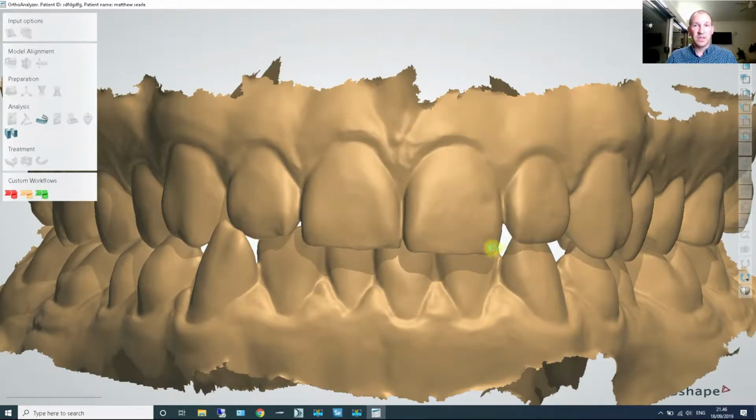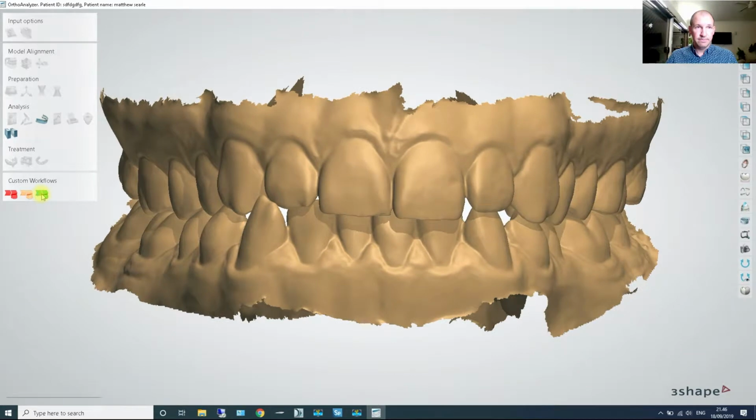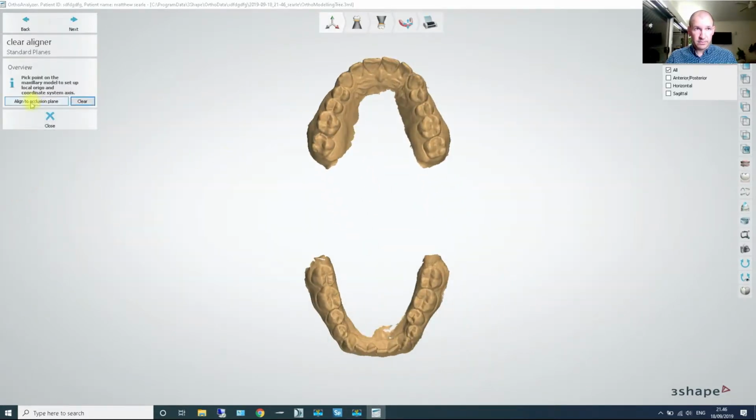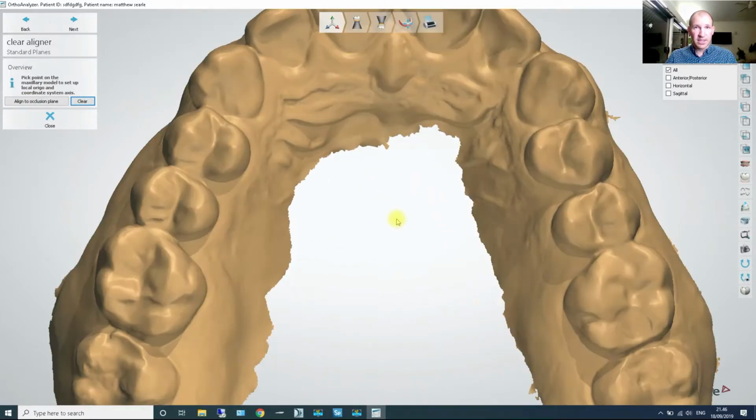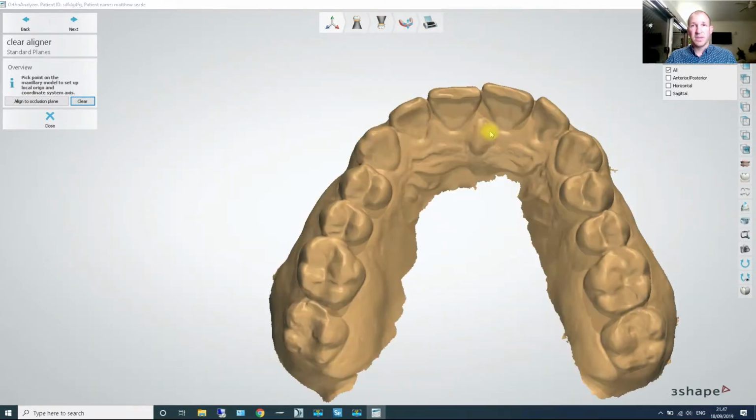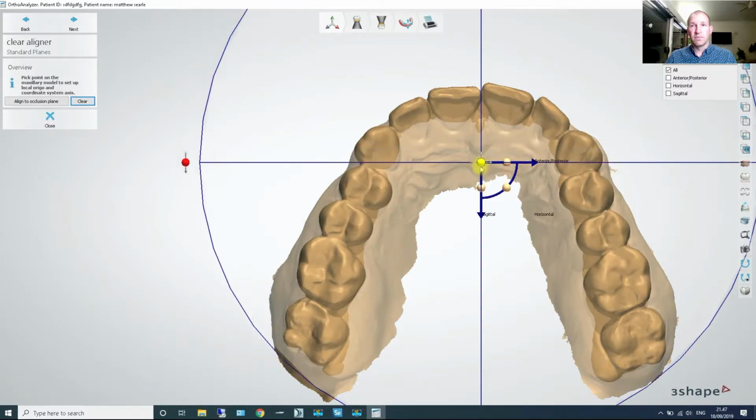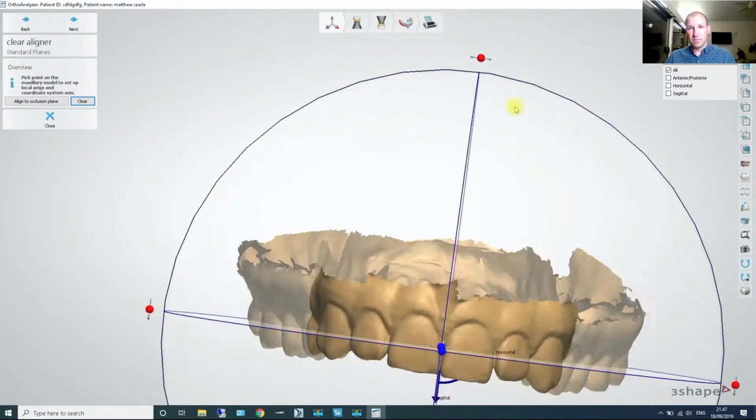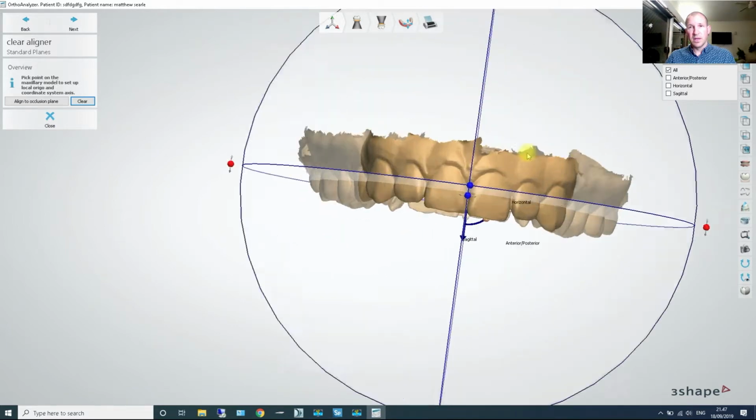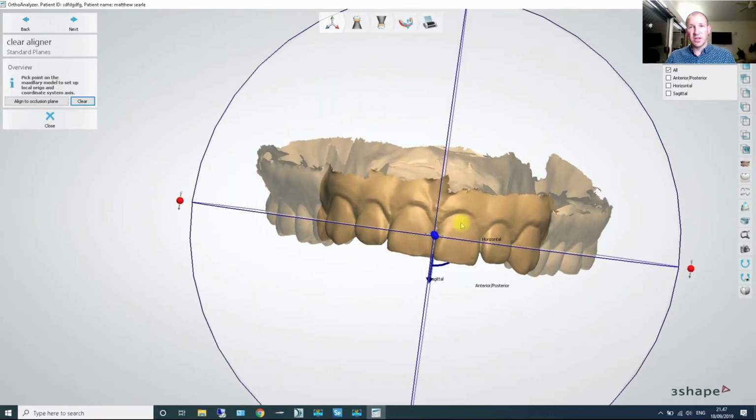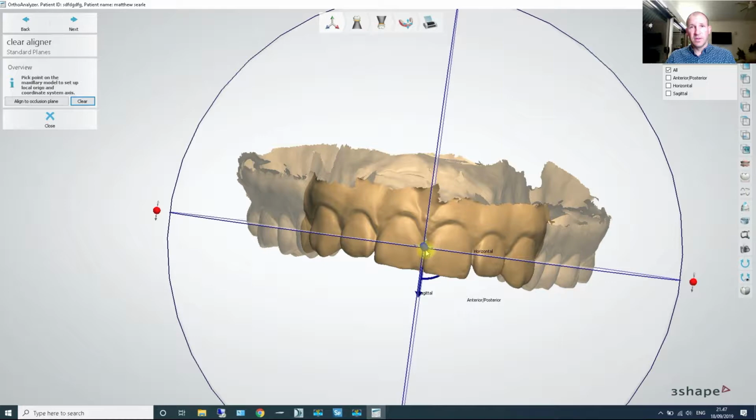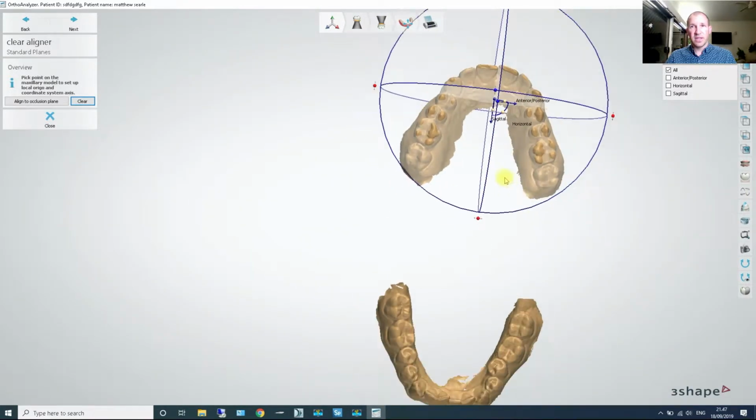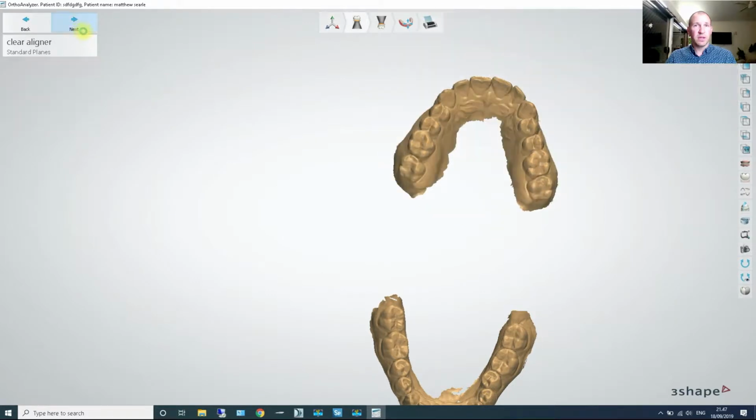So once you've loaded them in, you can choose a workflow. So clear aligner workflow. So first thing it asks us to do is set the occlusal plane. First thing, so going to set this up. Now there is another feature which I haven't added in here as well, but you can if you wanted to set your occlusal plane a different way, but that's everything all set up pretty close to where we want it. So we can go next,